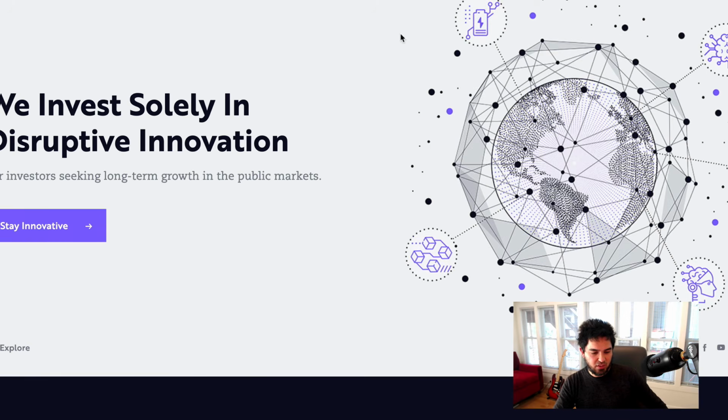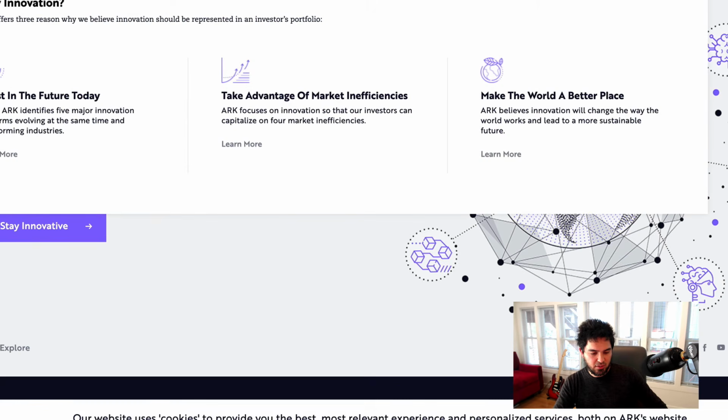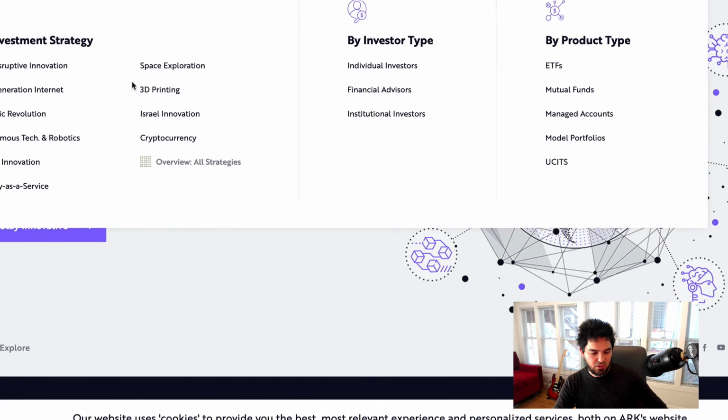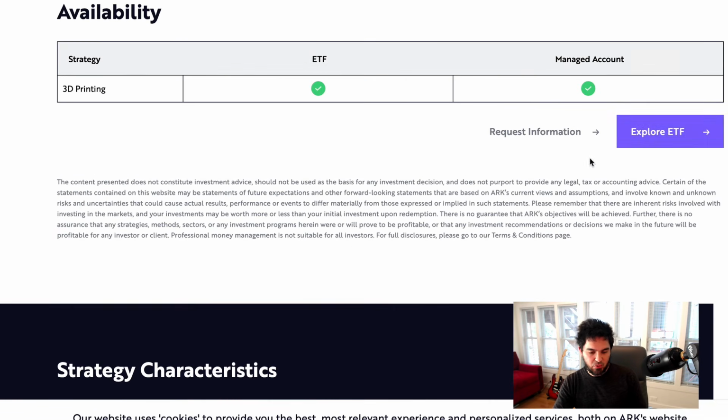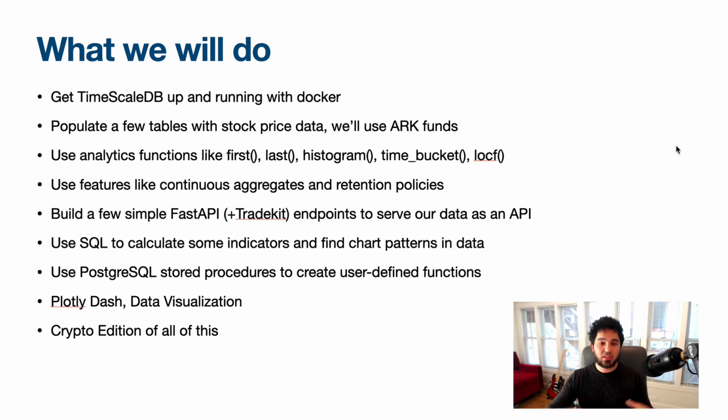They provide CSVs of all of their funds, like ARKF and ARKG and those types of things. And then they provide these daily CSV files. And what I figure is that we'll just download those CSVs and retrieve historical price data for all of the different stocks. So we can make a little ETF database, store historical data, and maybe we want to track how the ARK funds change over time, because I know I feel weird about this, but people are all like,